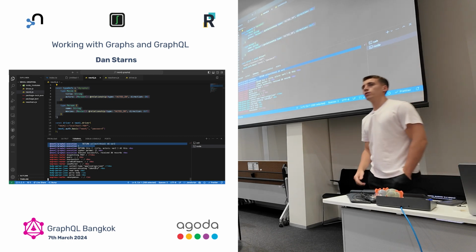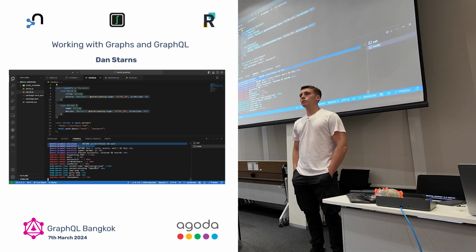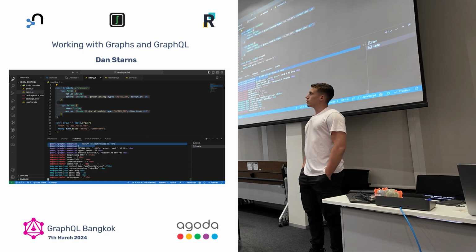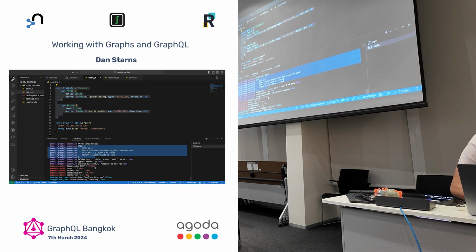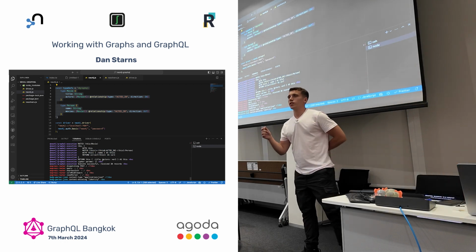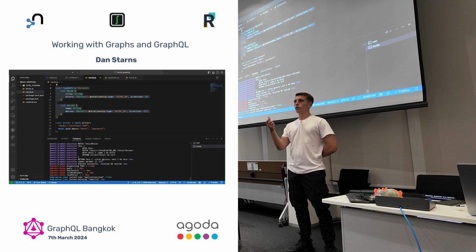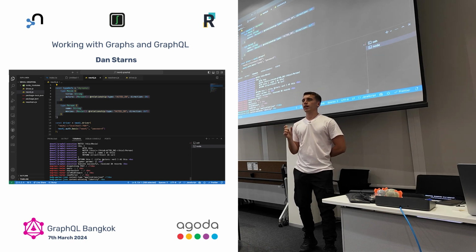Go ahead. Working with SQL and GraphQL, you fetch all the records from the database, but you only return what's needed. So with Neo4j, is it like projection, where you pass in only the fields that you need, or do you fetch all and then do the conversion or translation and then return? Let me have a look at that generated query, to see if they changed it since I last worked on it. They take the resolve info object from the GraphQL resolver, and that has all of the selected GraphQL fields. That then gets reflected into the Cypher query to ask for exactly what you need.